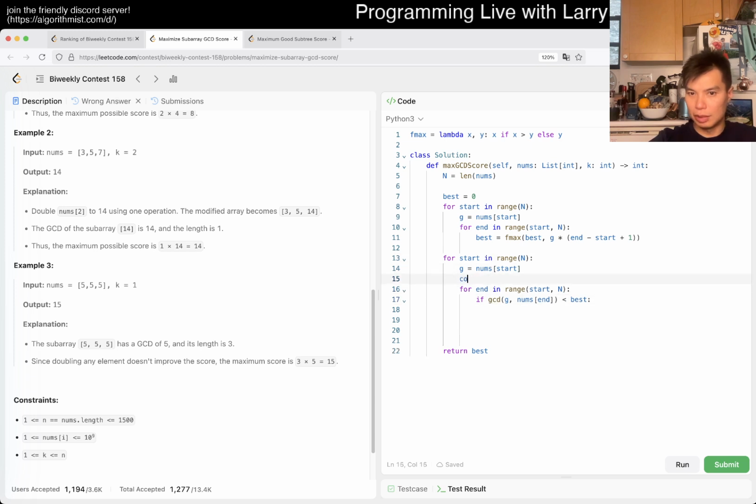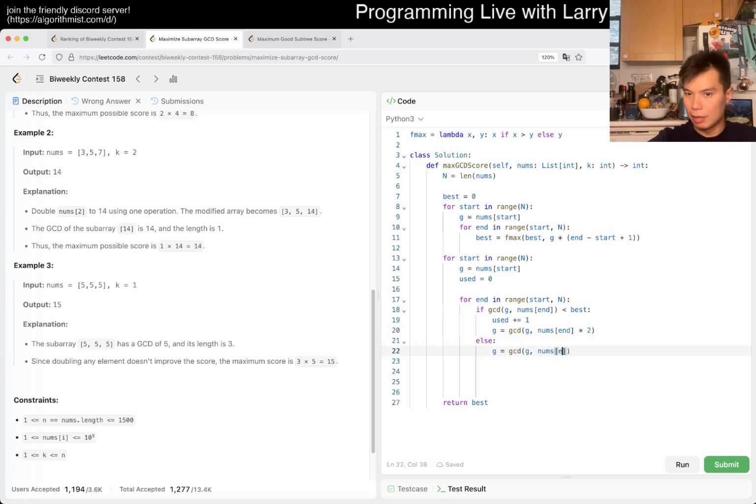Okay, so used is equal to 0, and if this is the case, then we say used is 1, and G is equal to GCD of G and nums sub n times 2, else G is equal to